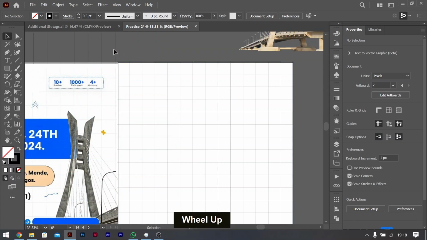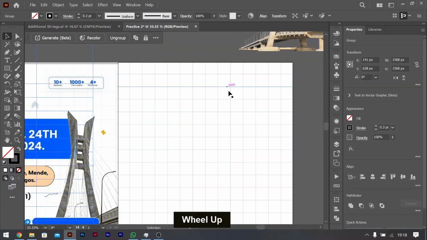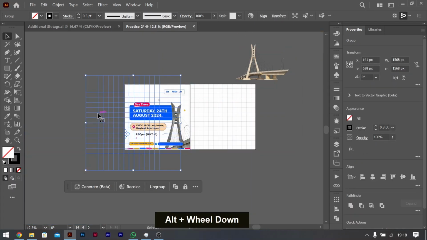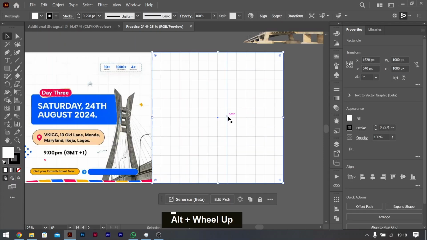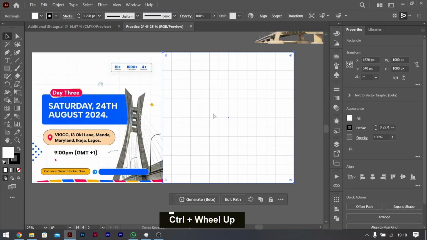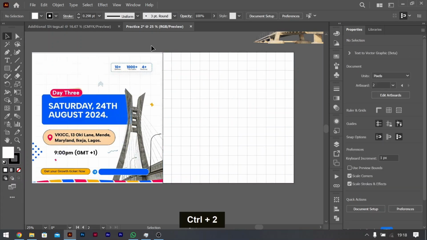Yeah, so that's it. Let me take that out the way. You can stay here. So now let's continue what we're doing. If you want, you can lock it. The shortcut for it is Ctrl+2,